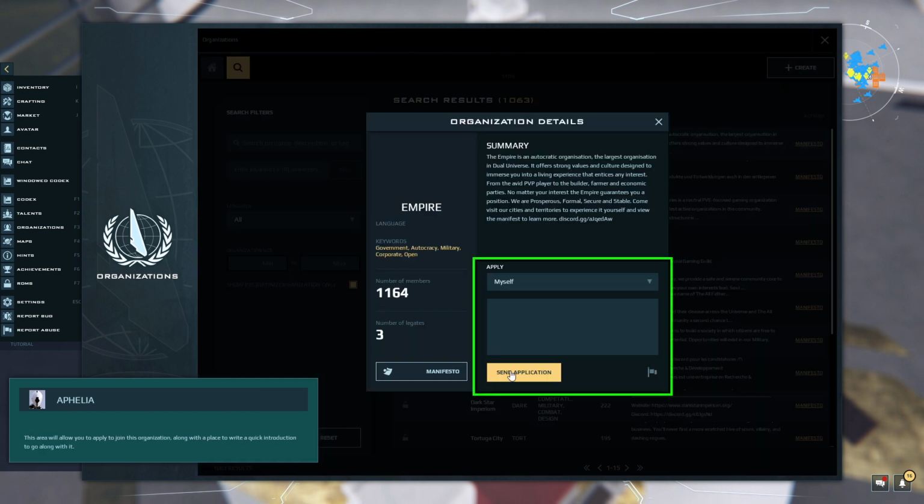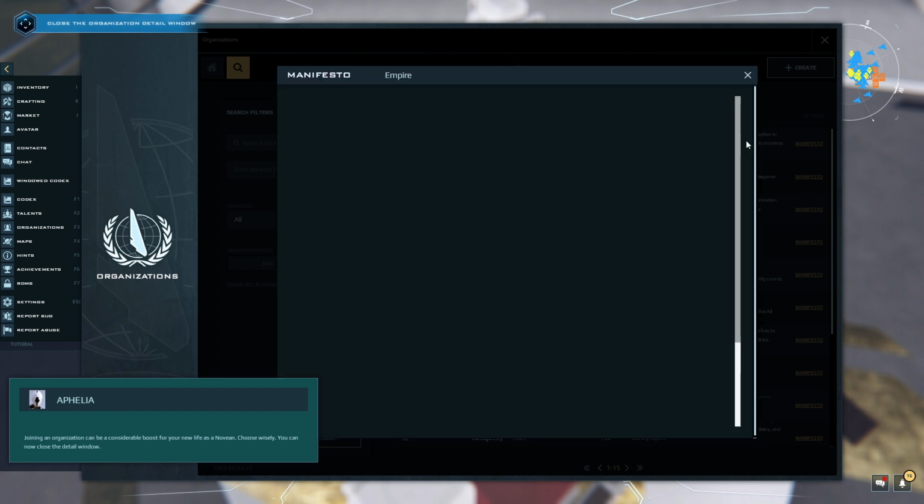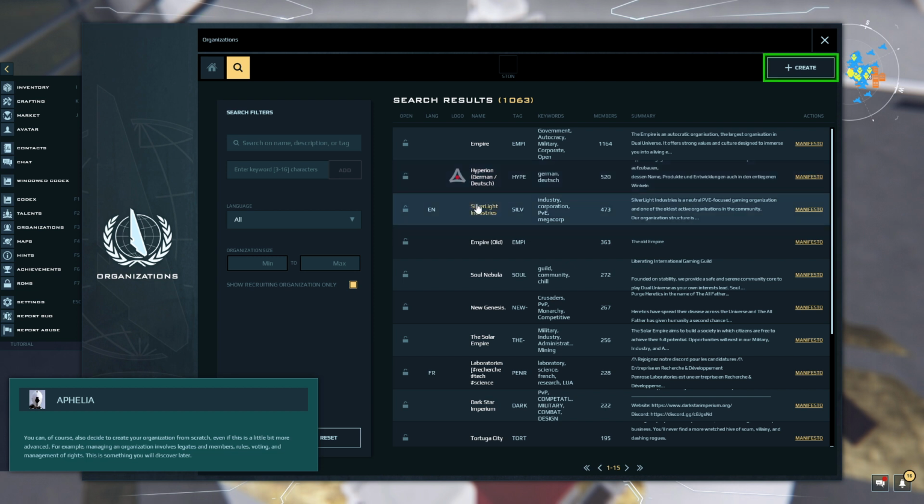This area will allow you to apply to join this organization, along with a place to write a quick introduction to go along with it. Joining an organization can be a considerable boost for your new life as a Novian. Choose wisely. You can, of course, also decide to create your organization from scratch, even if this is a little